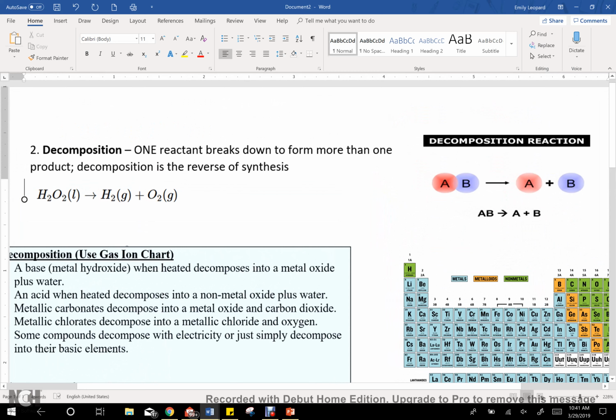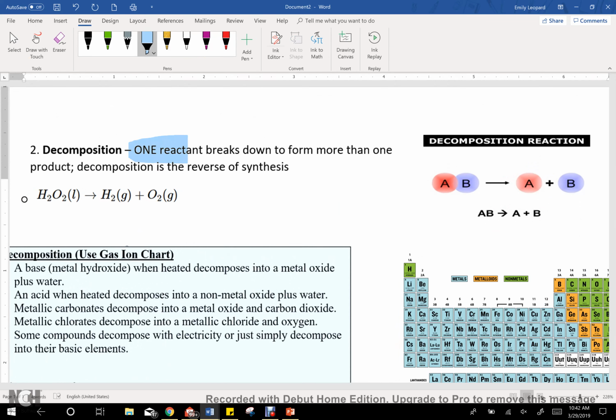And so as you learned on Friday, decomposition is a type of reaction in which you take one reactant and you break it down into more than one product, okay? When you hear that word decomposition, you can think about food on the counter or in the fridge going bad: it's decomposing, or breaking down. So in decomposition, that's the exact thing that's happening: you're taking one compound and breaking it down,